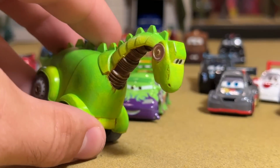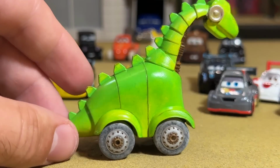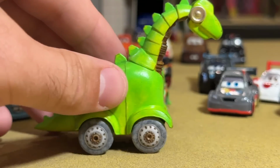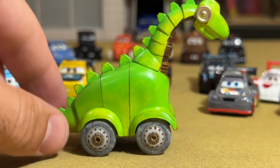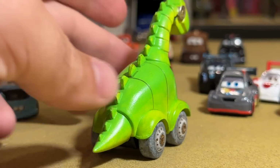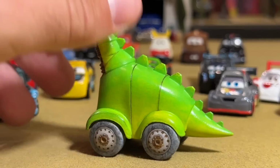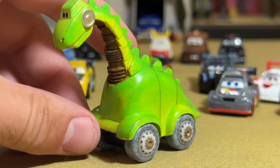Obviously there was some 3D printing involved, but just gorgeous. I mean, the wheels, everything looks exactly like it does in the episode. I do think that the dyno is supposed to have 6 wheels and not just 4, but I really don't care about that. It is just absolutely incredible, and one of my favorite customs I've obtained this year,